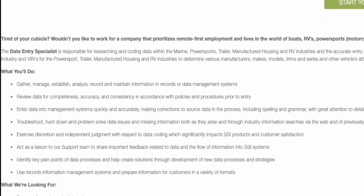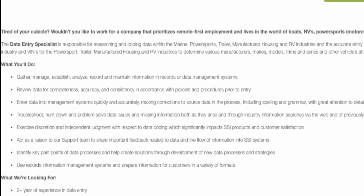Now, Trader Interactive, think like Auto Trader and things like that. They're not associated with Auto Trader, I don't think, but they're in the same kind of industry. They deal with things like RVs and ATVs and snowmobiles. And so they are looking for somebody to research and code data into their systems for marine, power sports, trailer, manufactured housing, and their RV industries. You're going to enter this data and information into their databases and internal system. So you'll be gathering, managing, establishing, analyzing, and recording all of this information from the different documents and records into